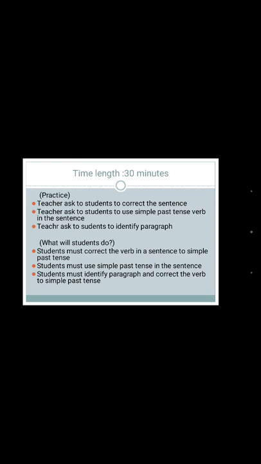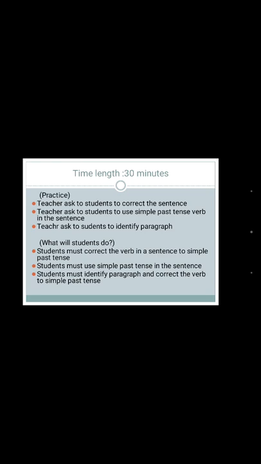in this section, the teacher will give the students some sentences, so the students will correct the verb in a sentence to simple past tense, and the teacher asks the students to use the simple past tense verb in the sentence. In this part, the teacher will give some sentences to the students, and then students